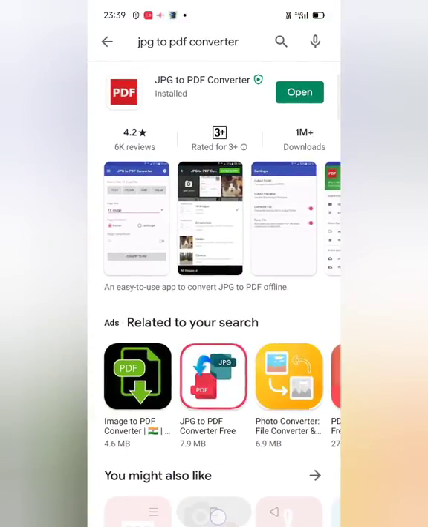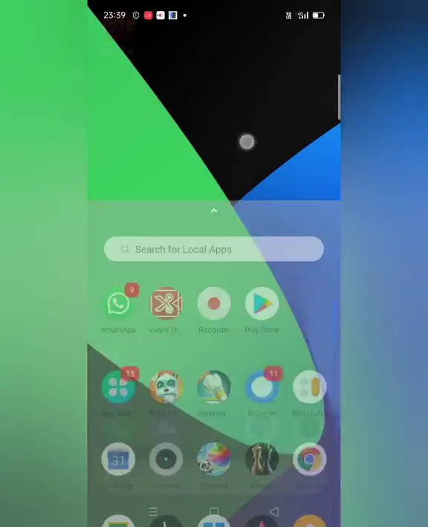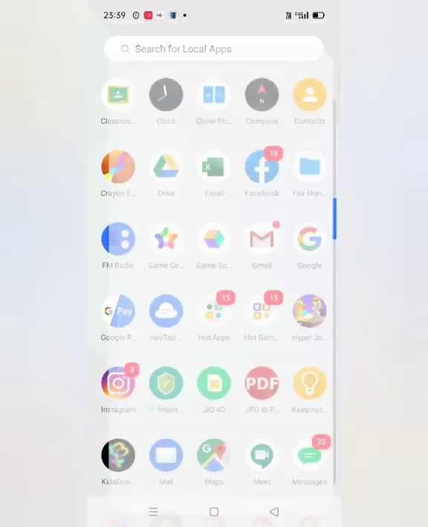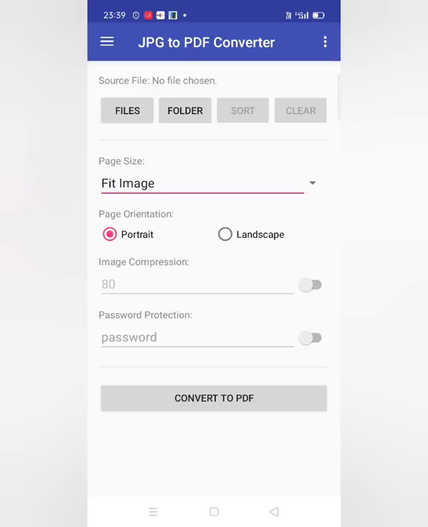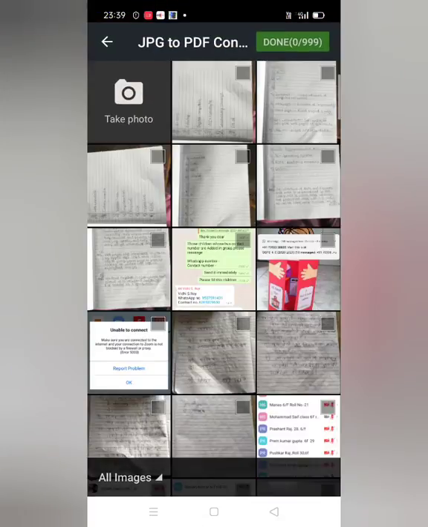Next, when you complete the assessment or question paper of your half-yearly exam, click the photo. After clicking the photos, go to the PDF converter app, which you have already installed.